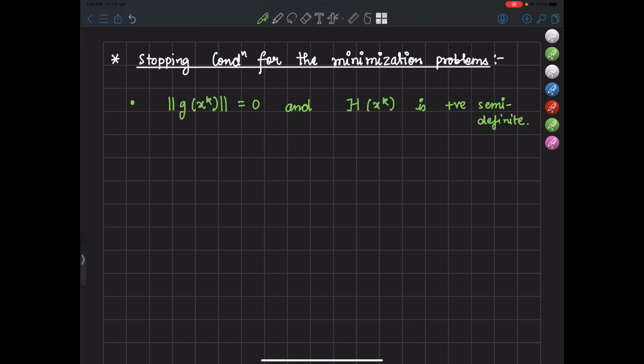These are the ideal stopping conditions, but practically